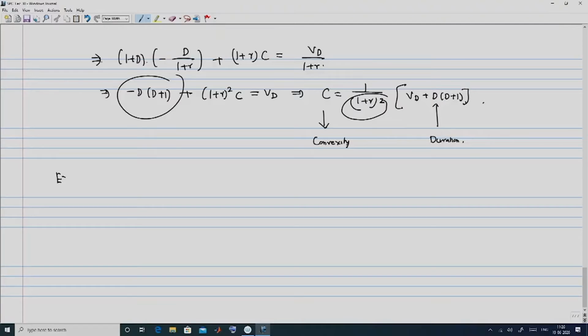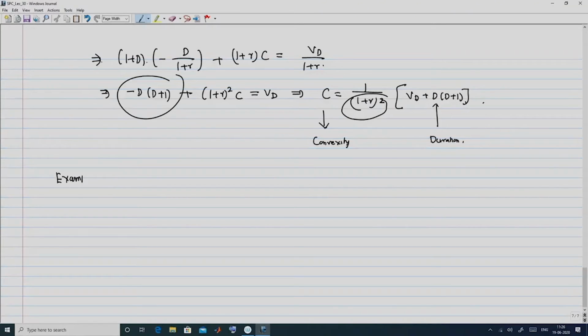So, what we are going to do next is look at a couple of examples on how one can make use of this notion of duration in case of immunization. We will show first a generalized example and then a specific example to illustrate bond portfolio optimization, making use of the concept of immunization, which essentially relies on the matching of durations. So, we first start with this generic example,